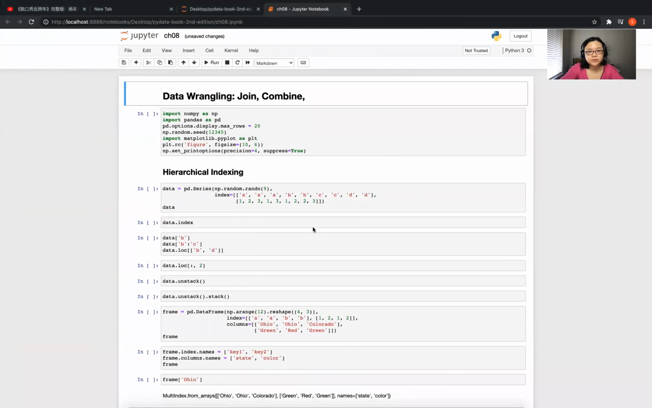Hello, so we will talk about chapter 8 right now. So let me share my screen with you and then we can start from here. Chapter 8's title is data wrangling: join, combine, and reshape. So I think the first part we will look at is